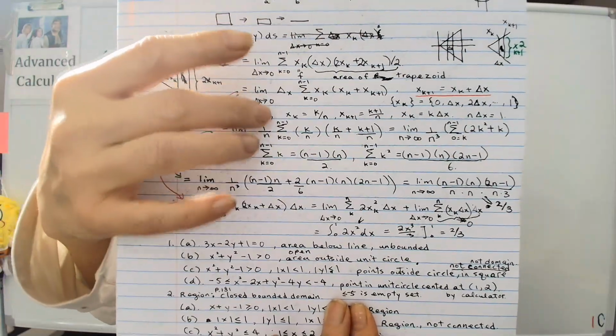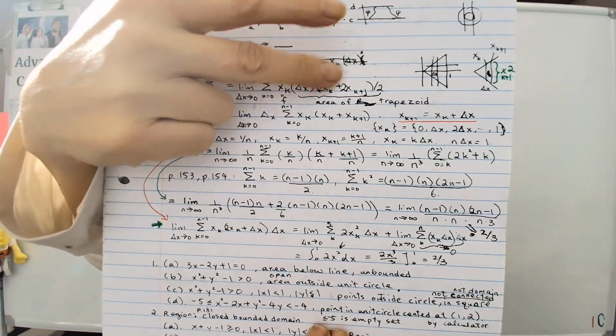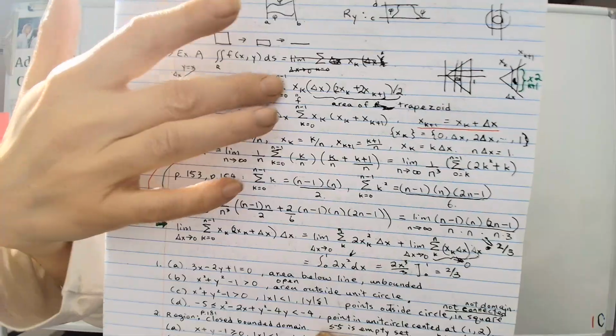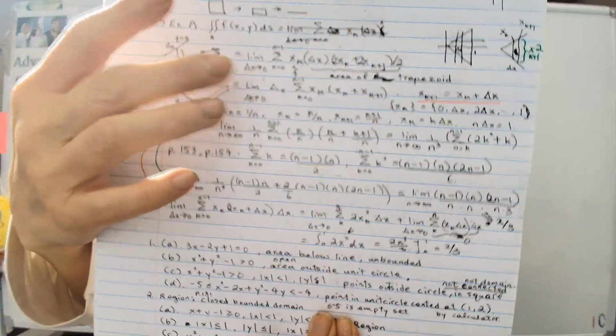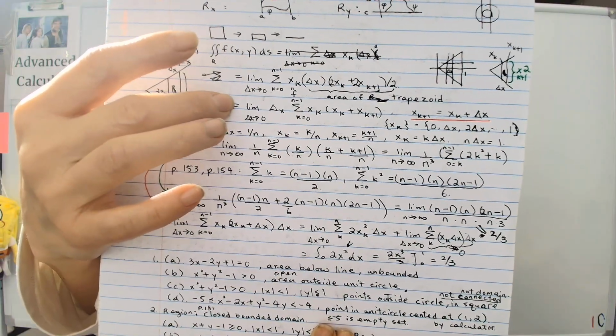So the top is 2x. Where's my formula? The top is 2x_k, the bottom is 2x_k plus 1. I'm talking about the trapezoid here, times the height, which is delta x, and then divided by 2. And that equation will follow down, and next step, then it equals, if you simplify a little bit, the